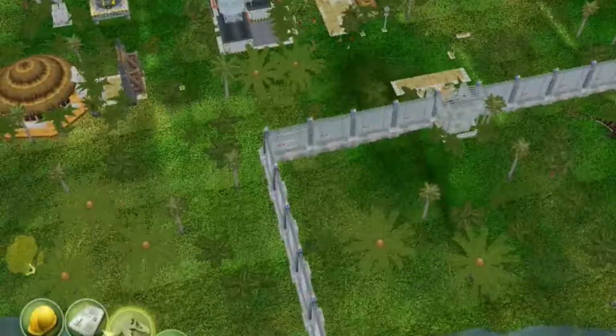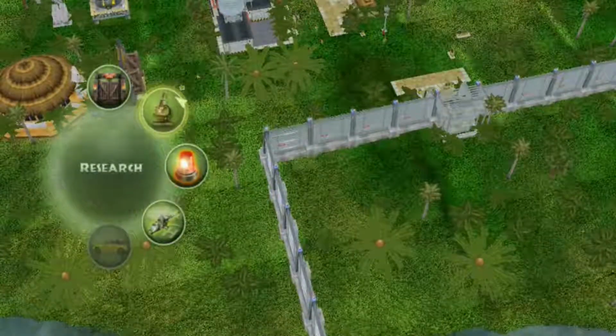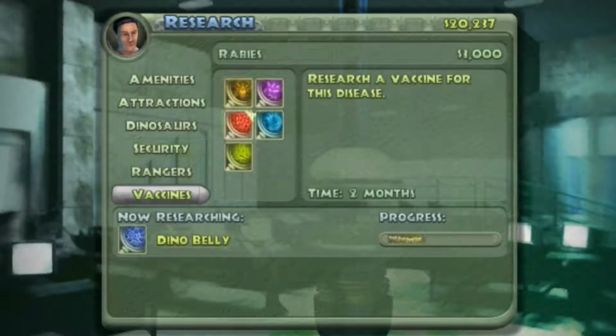Wait a second, I just realized something. I need high security fences next. So once this one's done, I need to do security. Oh, that's 2 months to get high security. But we gotta do a lot of the vaccines, because once I get the dinosaurs that are that size, I don't really want to have the problem of...